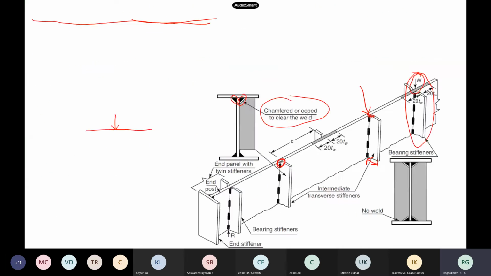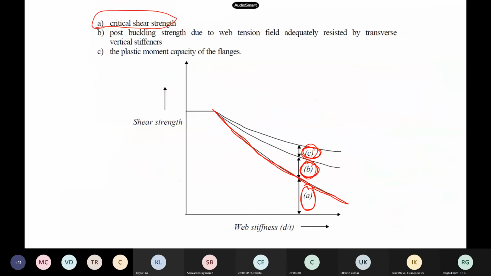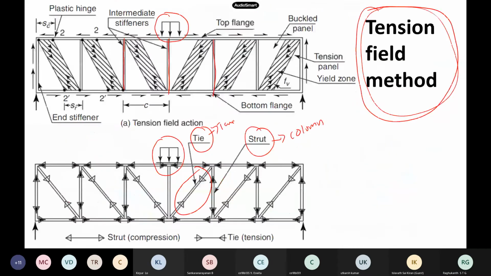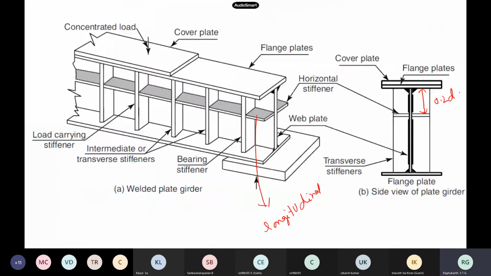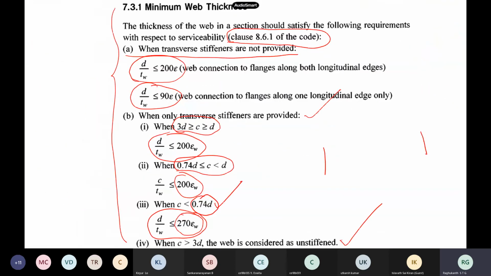If you see that table, D by TW is the slenderness ratio, and we had the guidelines here. Now what is the limit if there are no stiffeners?